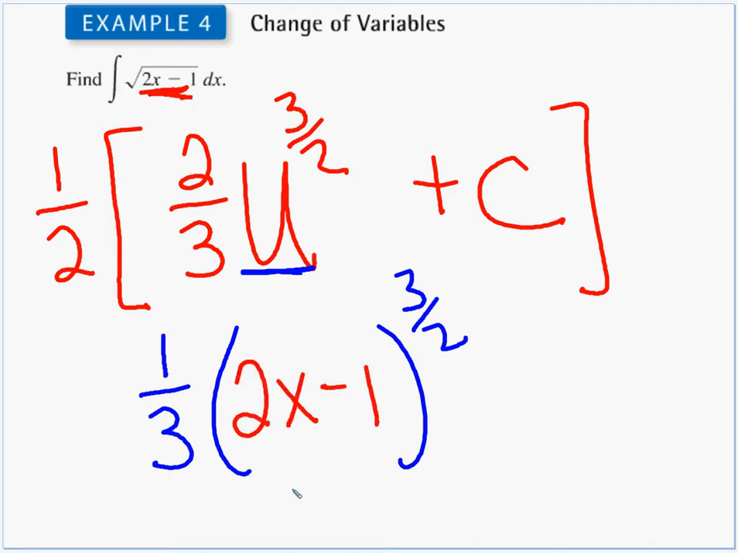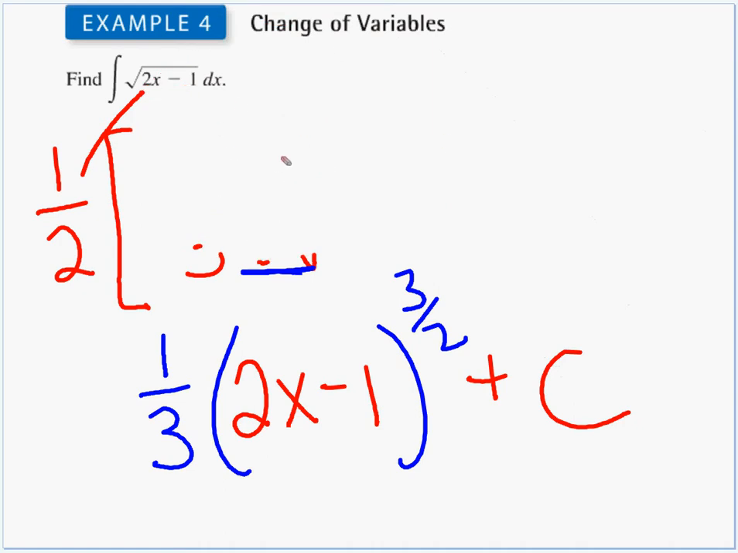And then if we do distribute the 1/2 to the unknown arbitrary constant c, half of an unknown c is just another c. So there we go. 1/3 quantity 2x minus 1 to the 3/2 power plus c. If you think you may have made a mistake and your deriving is better than your integrating, we can always